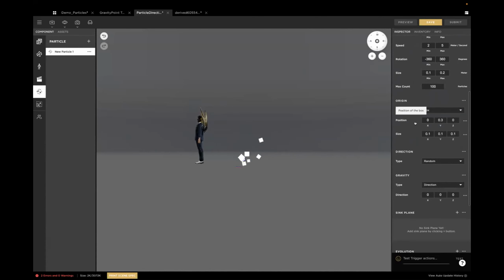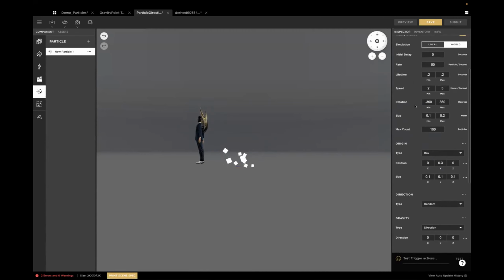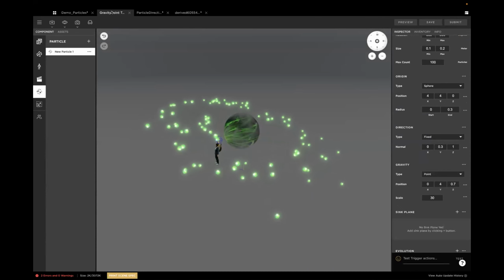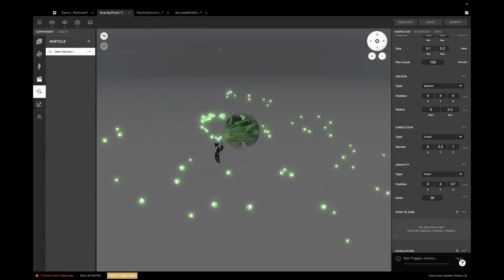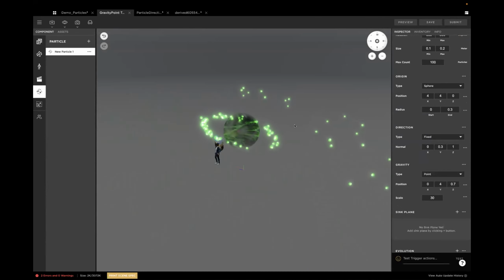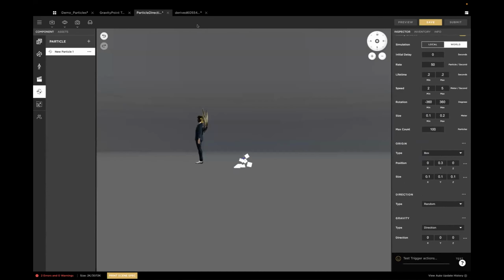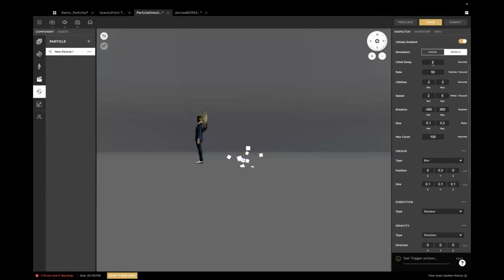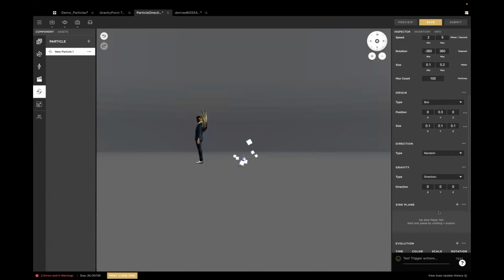Let's see what's next on my list here. I talked about points as disks, donuts, spheres, gravity. So there's also a couple different types of gravity. And to show that off, I created this product right here, which is a really good example of, instead of gravity being a direction, like in this example, let me